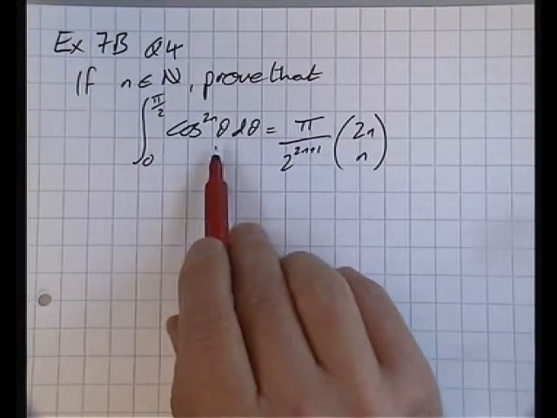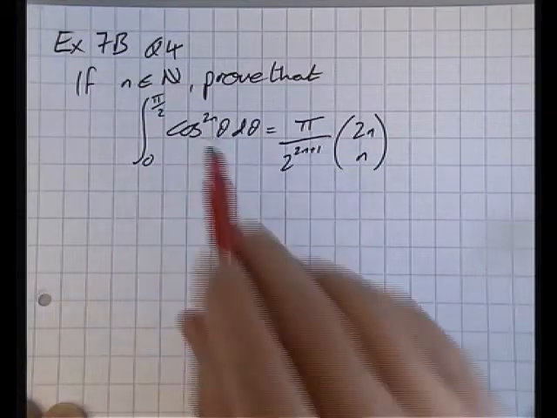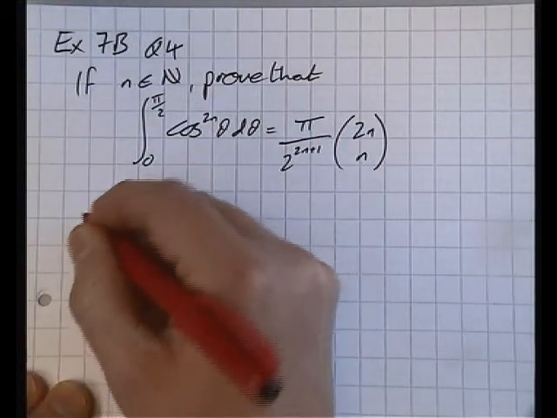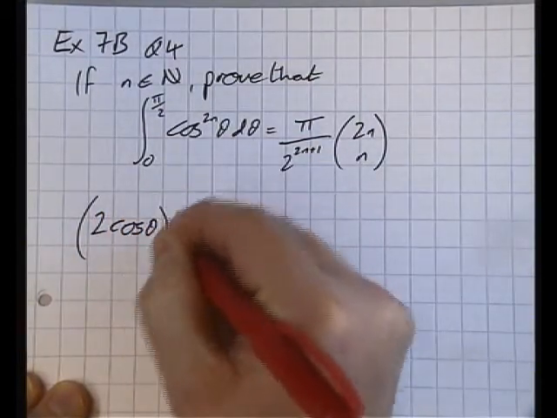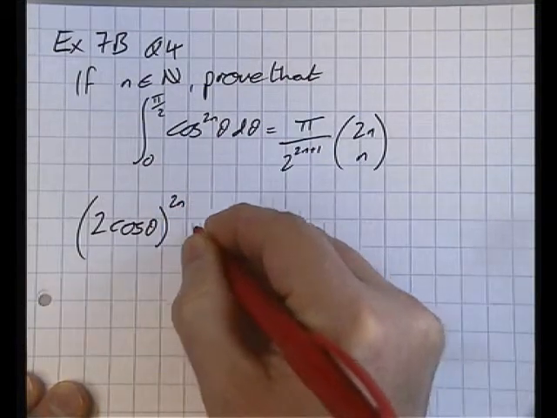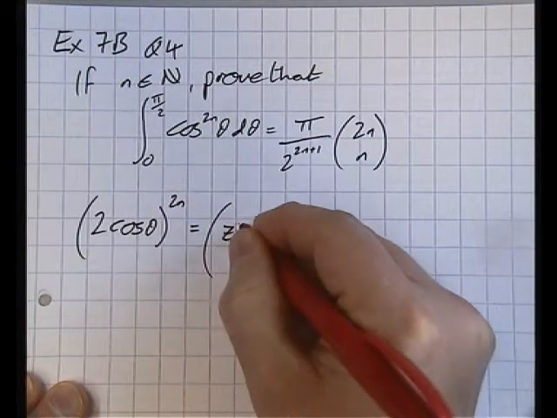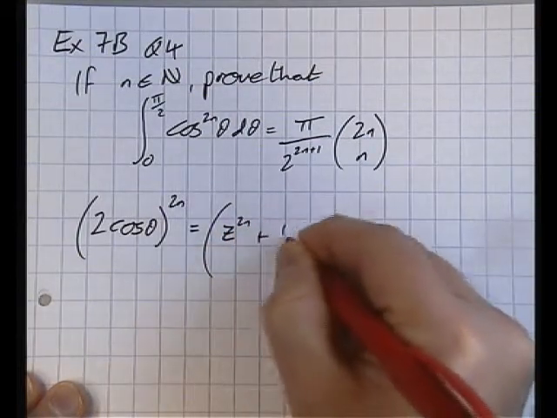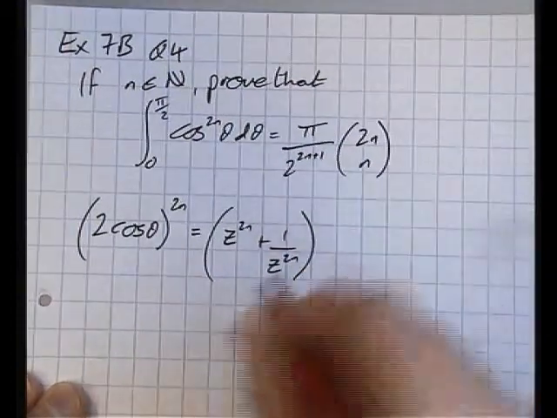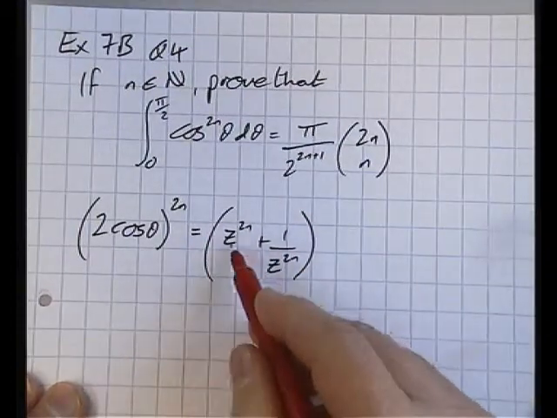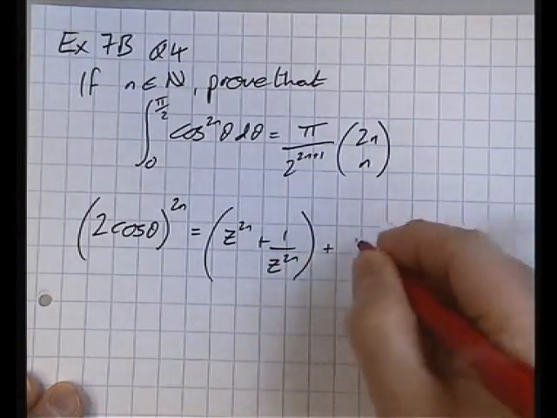So, first step is to change this cos to the power 2n theta into multiple angles, and we'll use the standard formula that we've learnt for this, which is to say that 2 cos theta to the power 2n is going to equal a series of groups of powers of z. So it's going to look like this. The first one with quantity 1 is z to the 2n plus 1 over z to the 2n plus